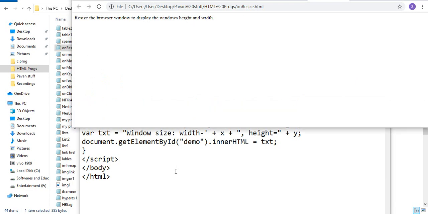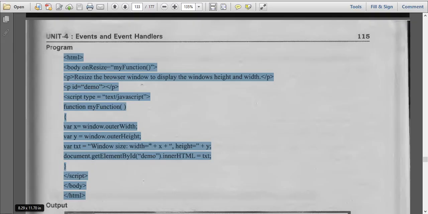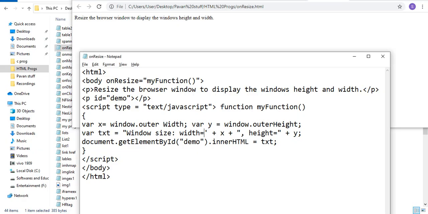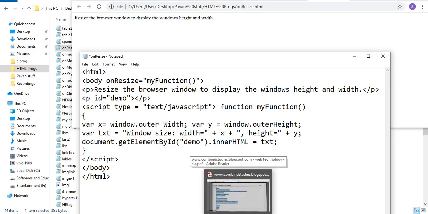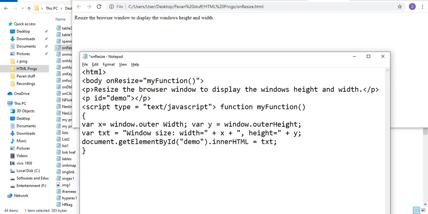It has to display that x-axis and y-axis. Window size width equal to, in double quotes it has to come, double quotes, x, comma, height equal to plus y.